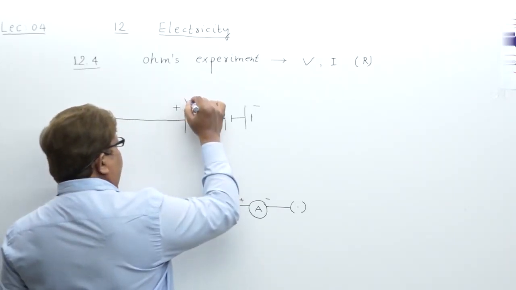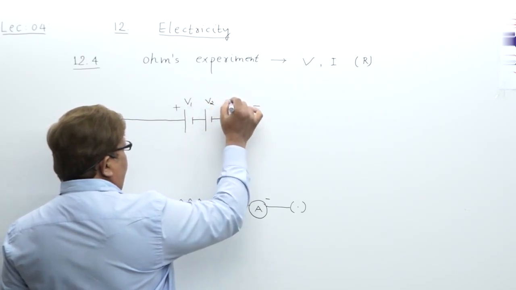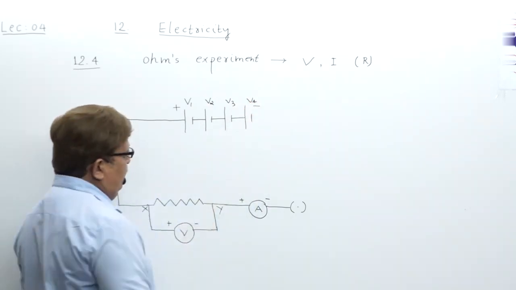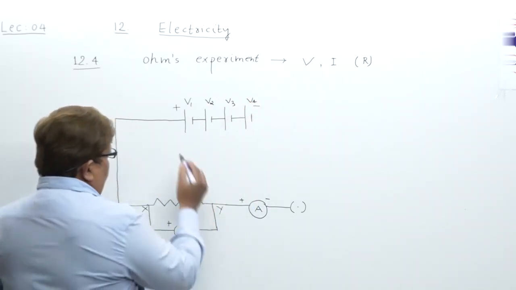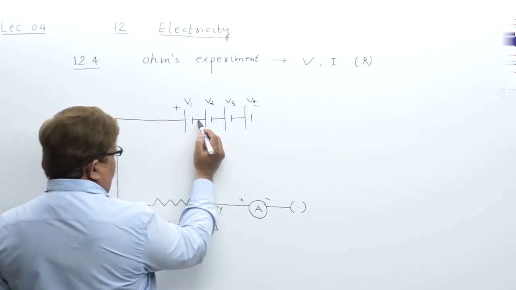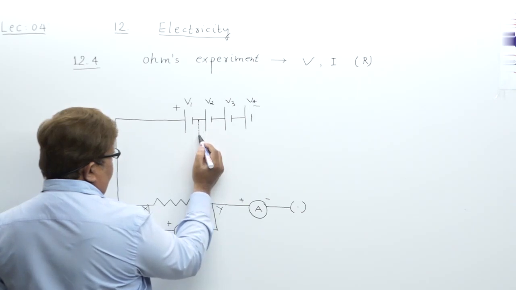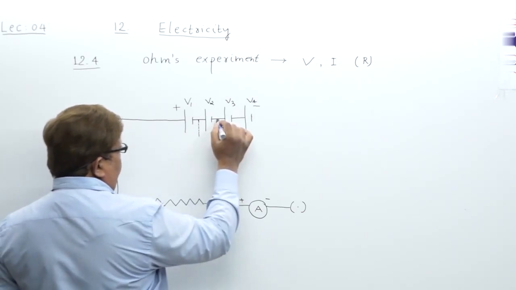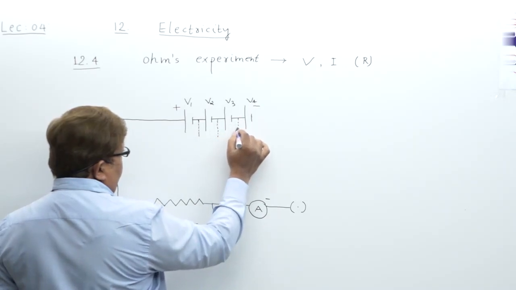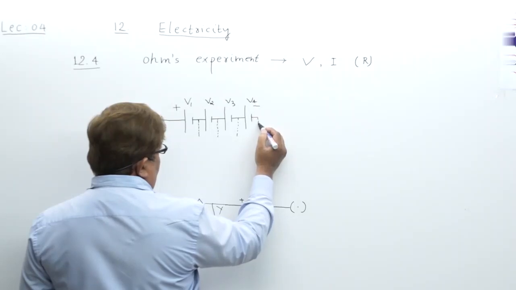Suppose I say this is V1, V2, V3, V4. Understand? What I am showing here is that one dotted line. Why? That I will explain to you just now. I am showing a few dotted lines. Why? That you will understand just now. One another dotted line from here. Okay.